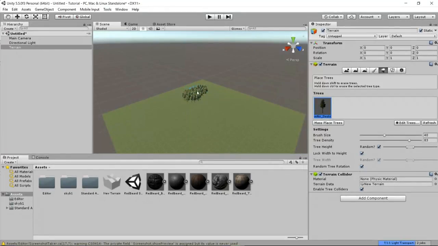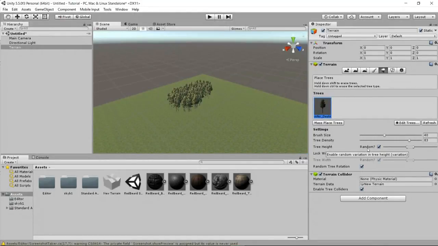Now, there's a lot of things involved with painting trees in that it takes a second for it to load, but you can change the noise. See, we have the tree height over here while this thing's loaded, brush size, tree density, and we can lock the width and height of a tree. And I have it set to random right now, so we can create a good forest. But I like to say this forest is a little too dense. So let's take down the tree density to a good 33, and that'll allow me to have a less dense